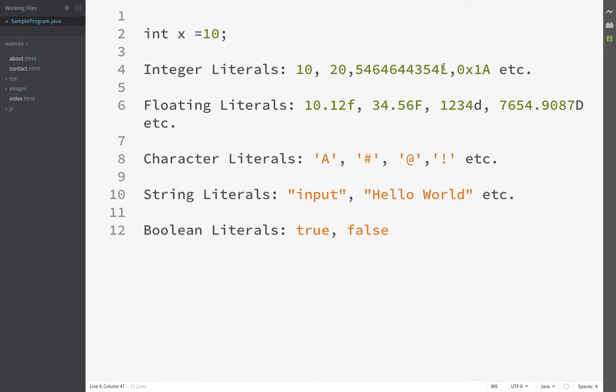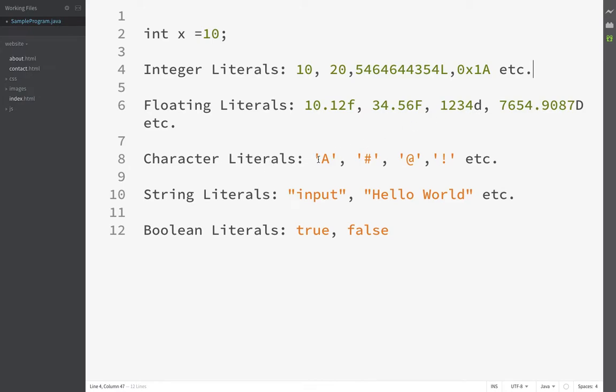Here we are using capital L, which means long. The number is long, so we use capital L or small l. Floating literals, 10.12f. Here we use small f or capital F, and D for double, capital D or small d.